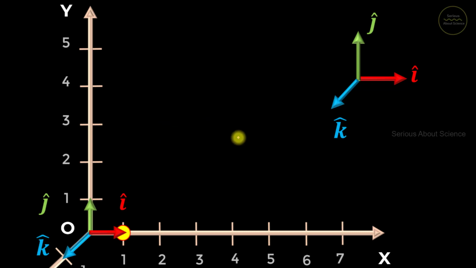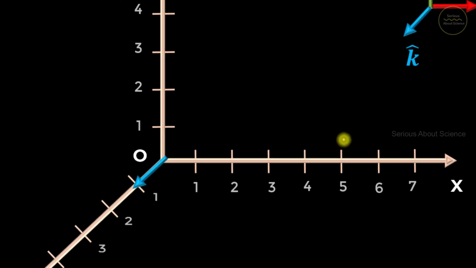Now considering a few examples, here the particle is at a distance of 2 units. So to denote the position, I can write 2 i cap. 2 is the magnitude and i cap is a unit vector pointing along the x-axis. So whenever you see the term 2 i cap, we can understand that it points along the positive x-axis. Similarly, in this case, it is 3 i cap. Now if it is along the y-axis, it is j cap, 2 j cap and finally 3 j cap. Now if it is along the z-axis, it is k cap, 2 k cap and 3 k cap.